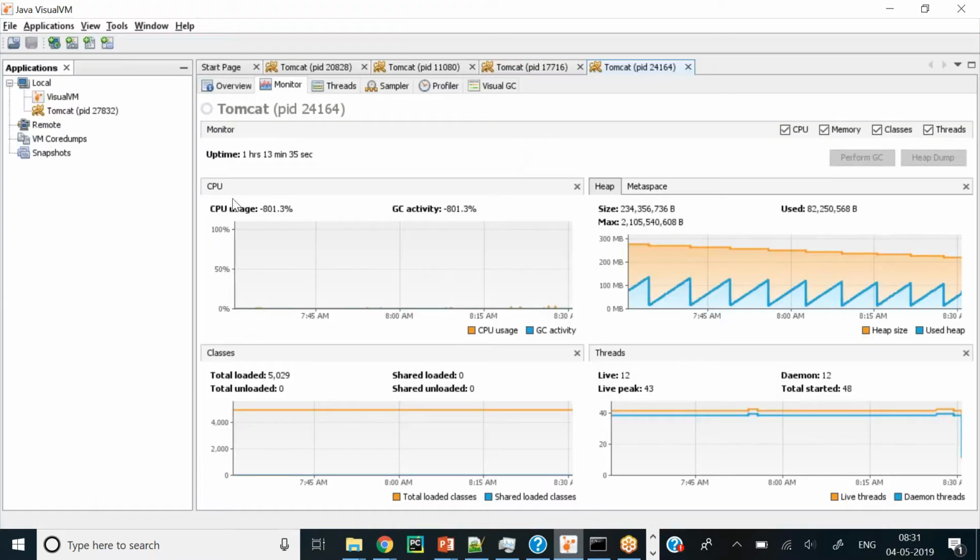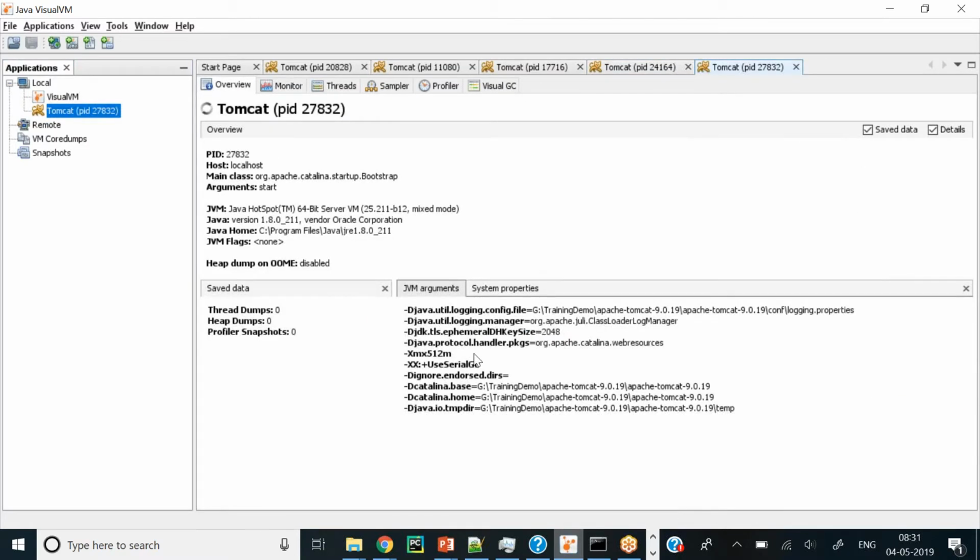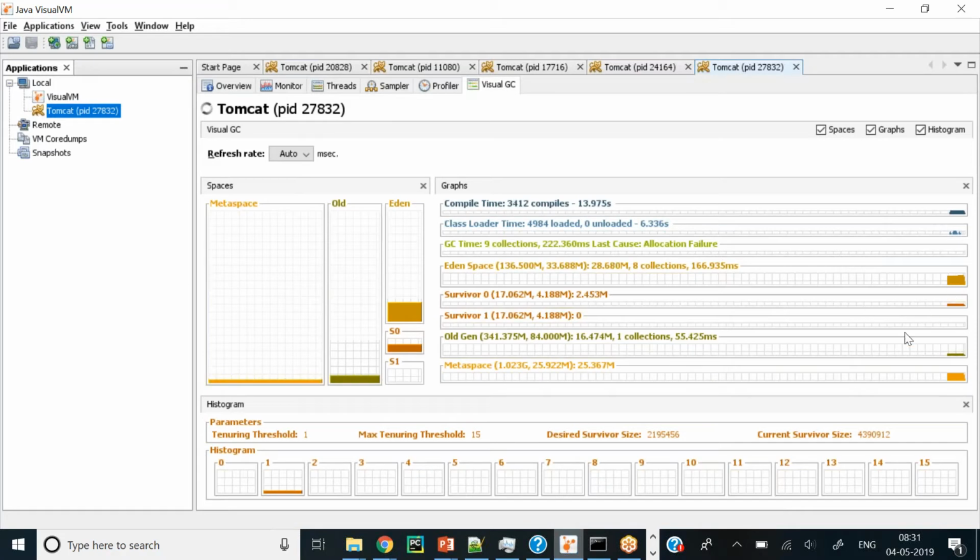Okay, so now you have started the Tomcat. You see the new PID over here. Just double click it. Now you can see you have given UseSerialGC. Now your task is to observe how these GCs are happening. Though Tomcat is idle, still it will progress into the Eden space and the objects will be there. So you just have to observe this entire GC cycle, how the Eden space is filled up at this level, 33 MB, right? Once this level reaches this, it will call a GC cycle. Now the GC happens, right?